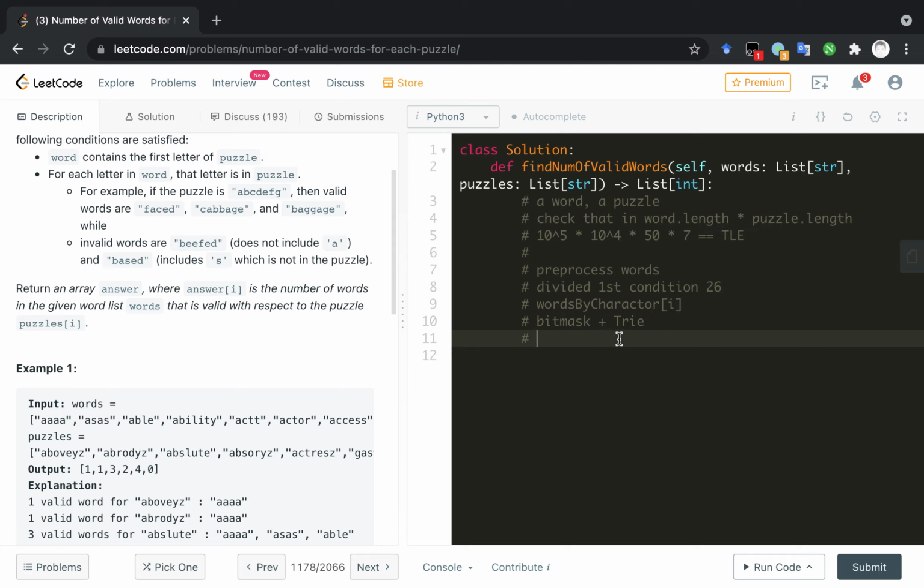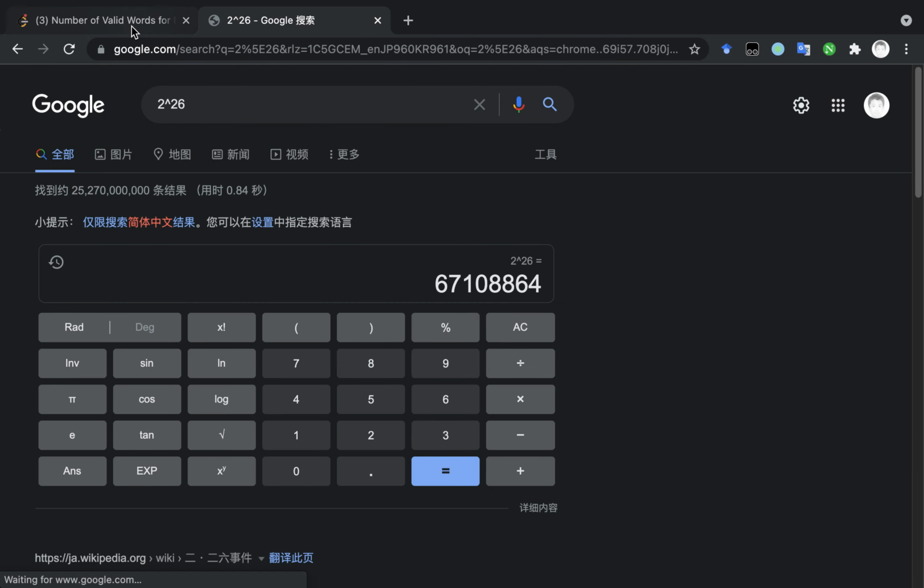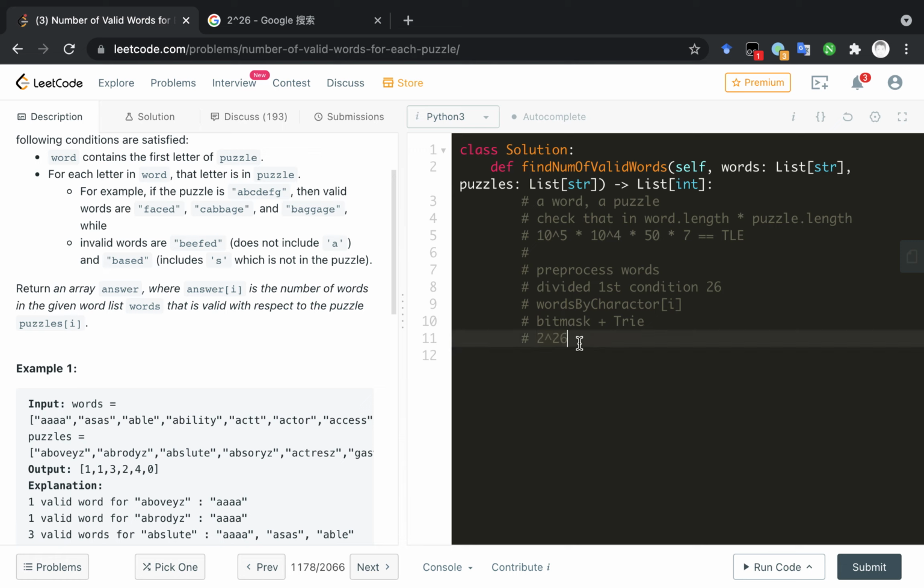So the trie is very large, at most 2 to the power of 26 nodes, so it's very large. It is not accessible, but in many